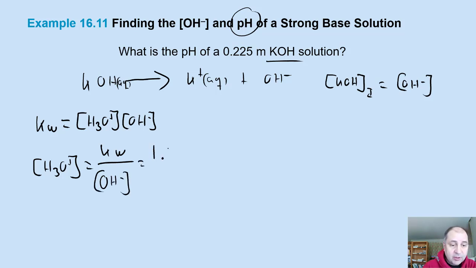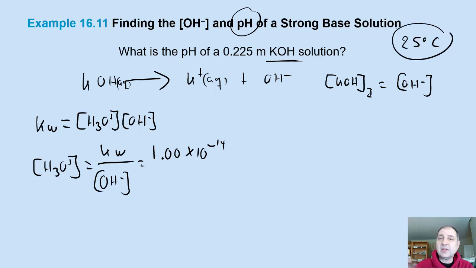Kw is 1.00 times 10 to the negative 14. Just in case, this needs to be at 25 degrees Celsius. You can always assume that the temperature doesn't change for these calculations. And divided by 0.225, and then that gives me